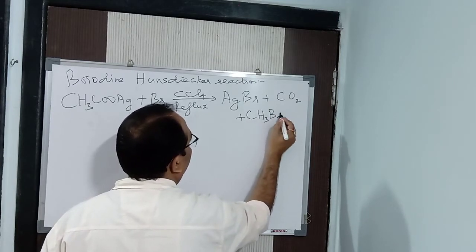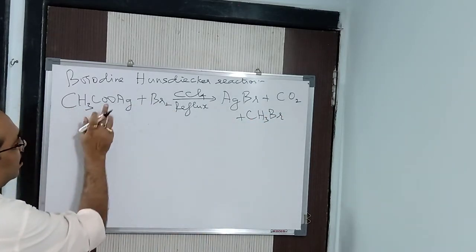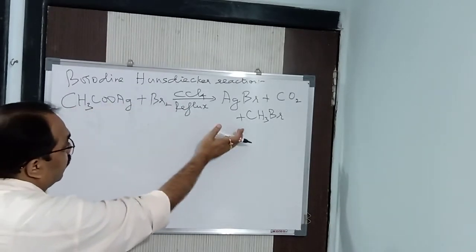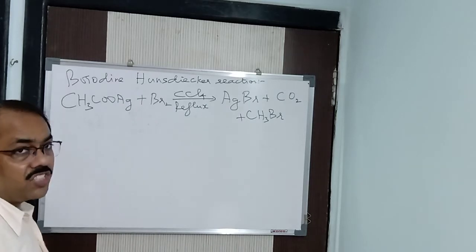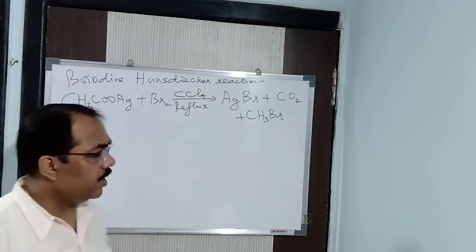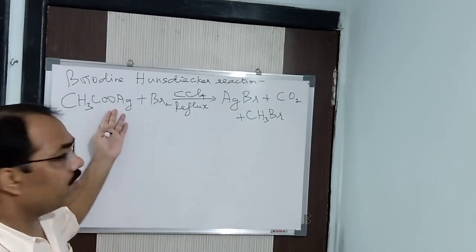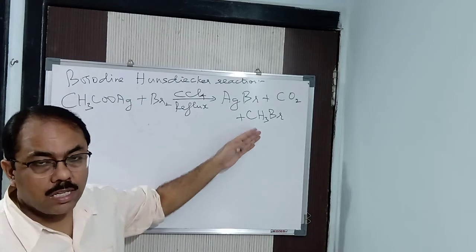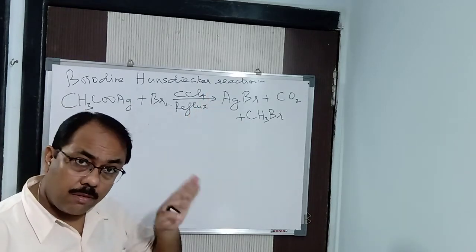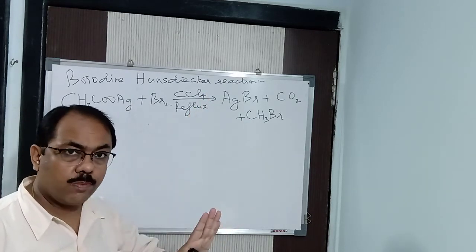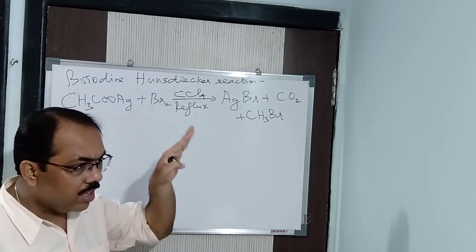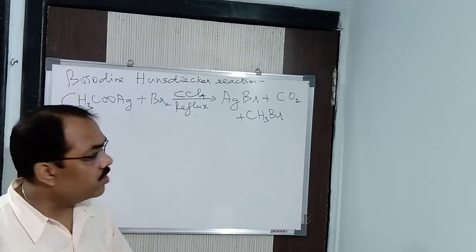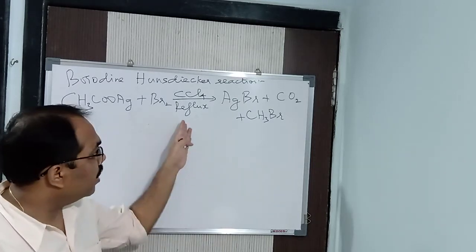CH3Br. Alright. So in this way, let me tell you, this reaction is used to decrease the number of carbon atoms. When you do conversions, for decreasing the number of carbon atoms, this reaction is used. Because I am taking silver acetate or silver ethanoate, I am getting methyl bromide. One carbon atom is decreased. So it is used for the descent of series. Remember it. While you write in your notebook, mention this point. You will be seeing that in conversions, for descent of series, for decreasing the number of carbon atoms, I will be using this reaction.